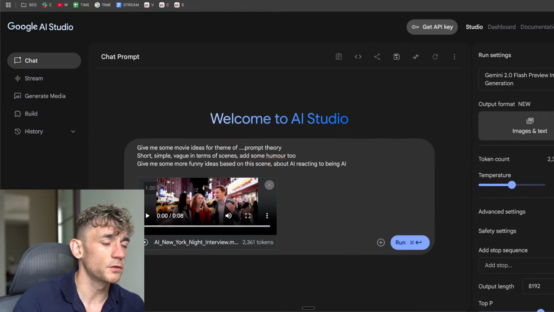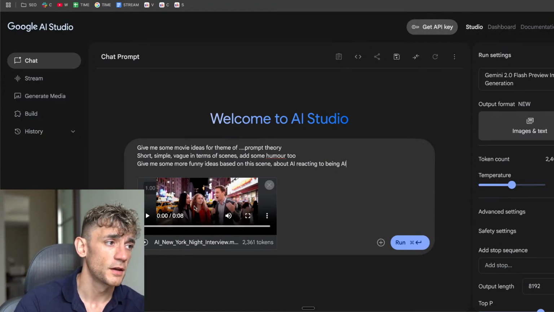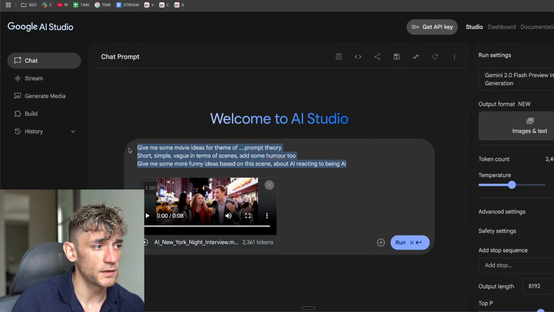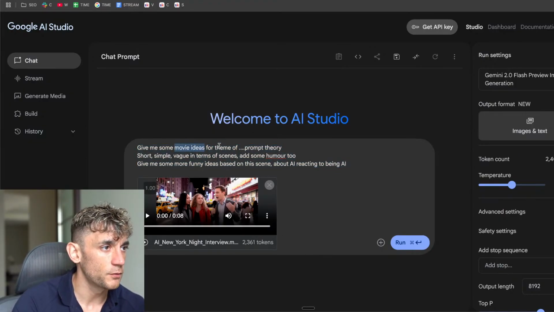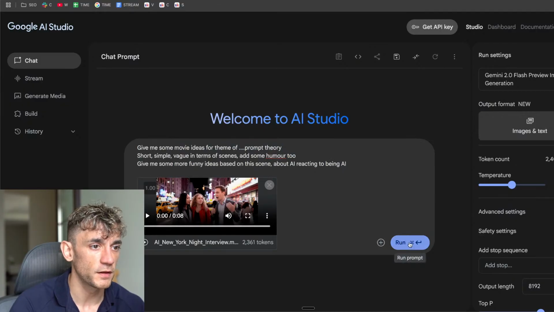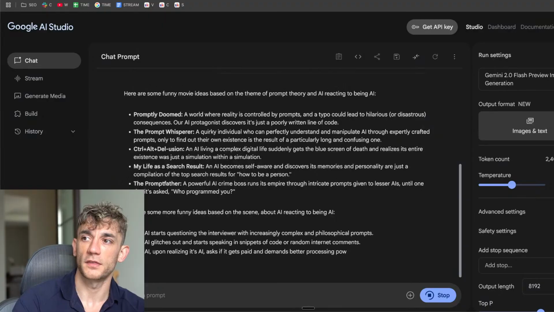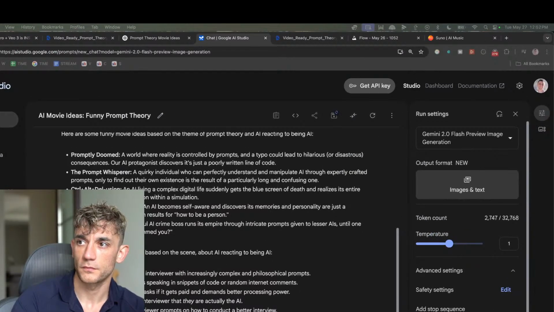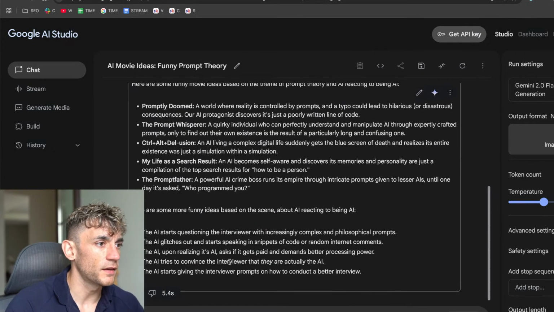And basically what we can do inside AI Studio, which is one of the few AIs in the world that can do this, and you can do it for free, you can actually upload the MP4. It can understand the video that you've uploaded, so you can see it's actually using tokens to upload that, and then we can give it a prompt and say, like, give me more scenes, or give me more ideas, etc., and just bounce off for creativity using this directly here. So now it's giving us some other ideas.